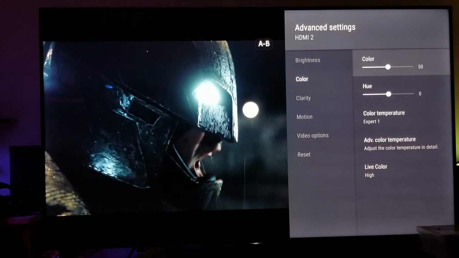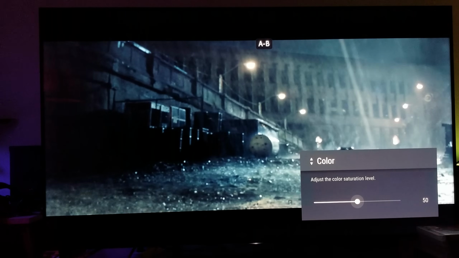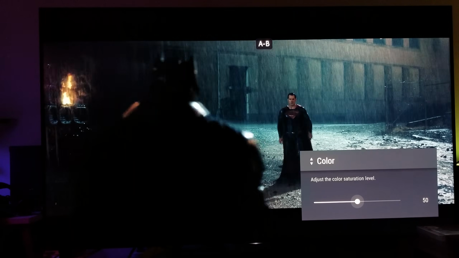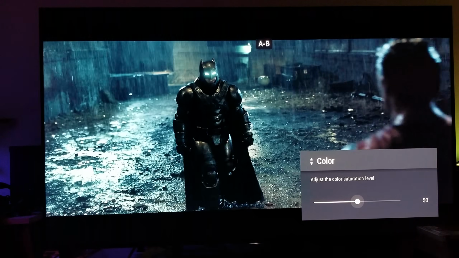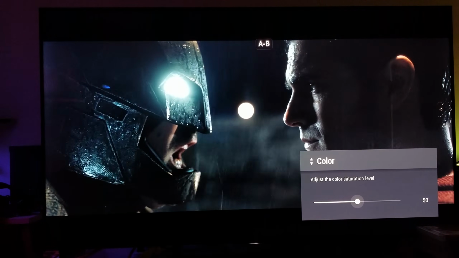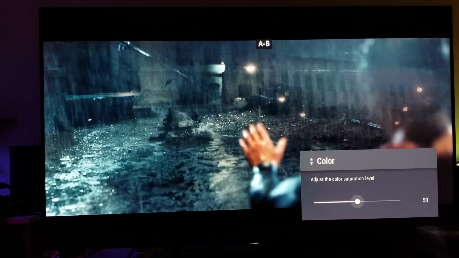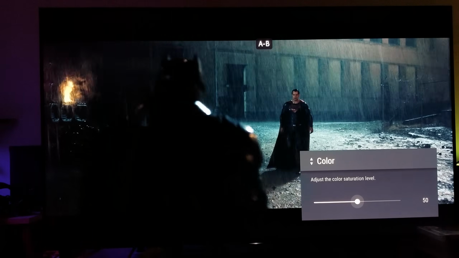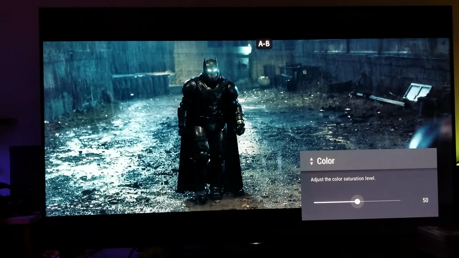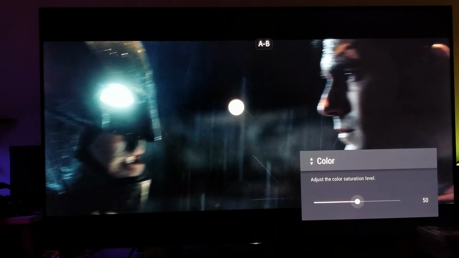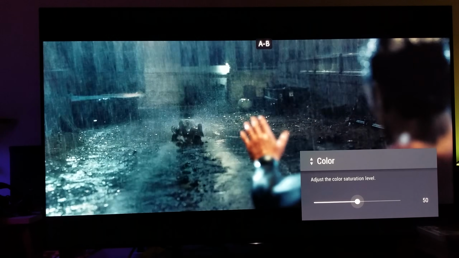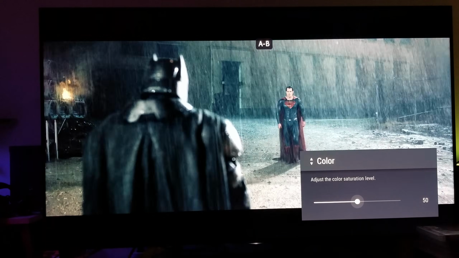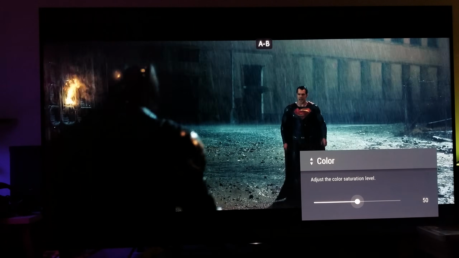Guys, when it comes to the color, there is no reason for you to be touching that color, especially when it comes to movies. You already have the color gamut. You already have the HDR. There's no reason at all for you to be moving that color. Leave that color at default, leave it at 50, so that way you can get that true reproduction of what the principal photography, whoever was the principal photographer here doing it for Zack Snyder on this movie,